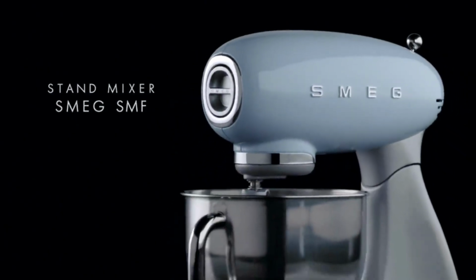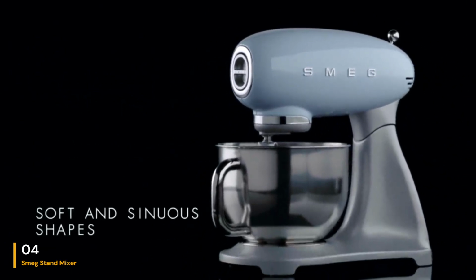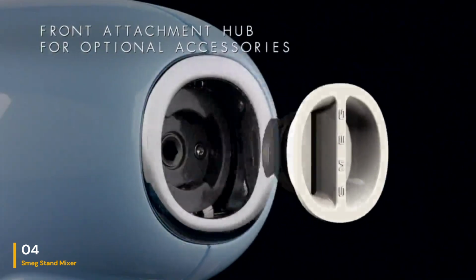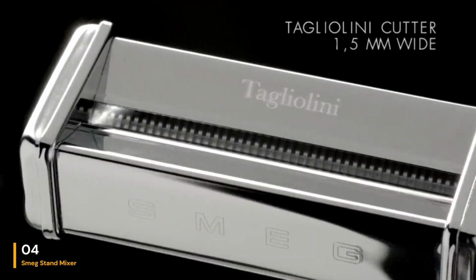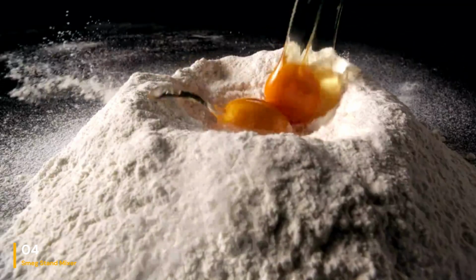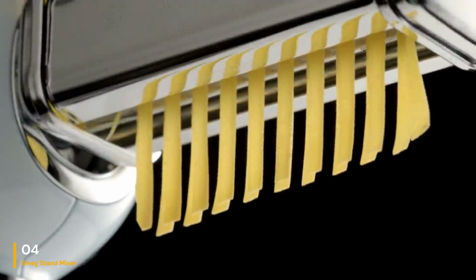Number 4. Smeg Stand Mixer. When it comes to Smeg's 50s retro kitchen appliances, the common question is, they look great, but do they perform well? For the Smeg 10-speed stand mixer, the answer is a confident yes. This mixer is a well-constructed machine with a 600-watt motor that handled all our mixing, kneading, and whipping tests with